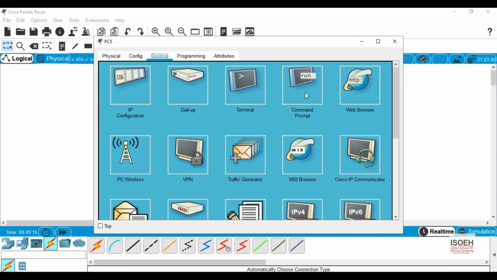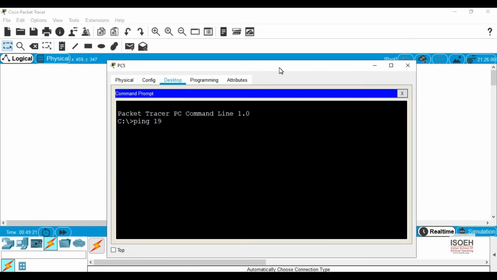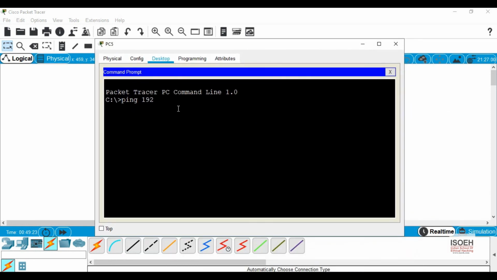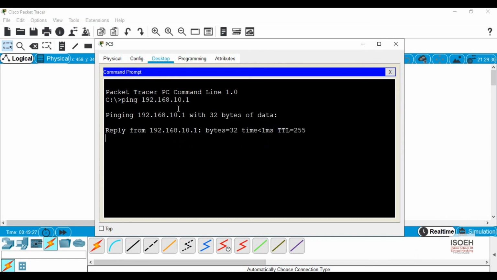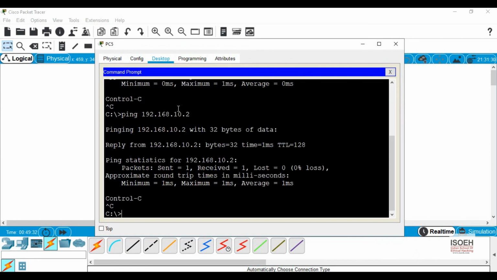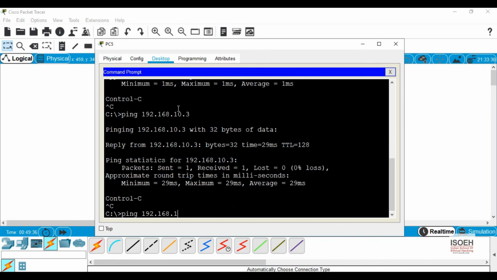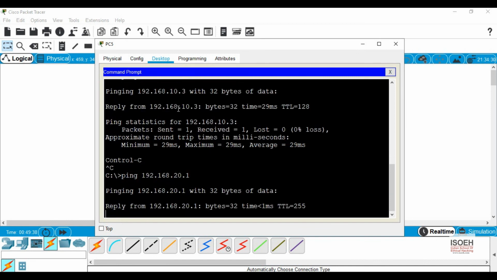Now since the configuration is also complete in the PCs, we'll try to ping each and every PC and see. I'm in the second one. First I'll try to ping my gateway, able to ping 10.2, pinging myself. Let's try to ping the other gateway.